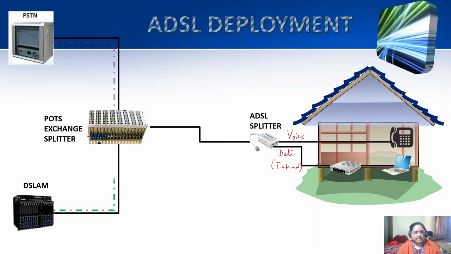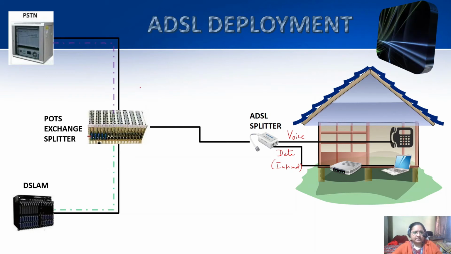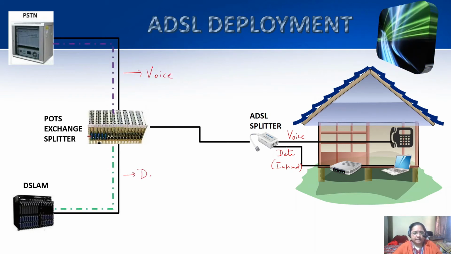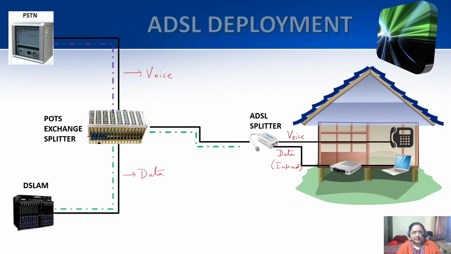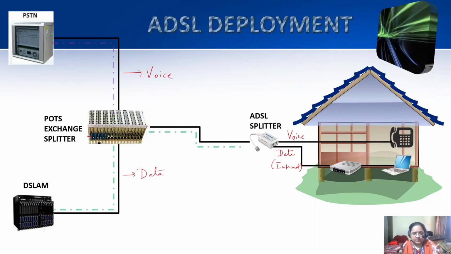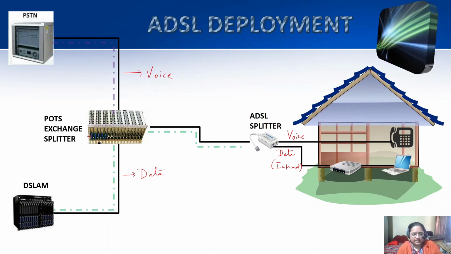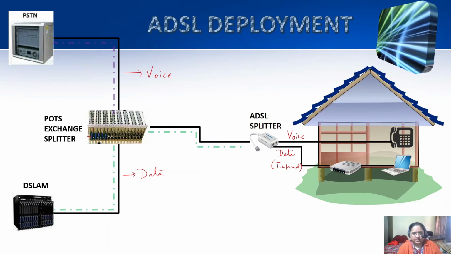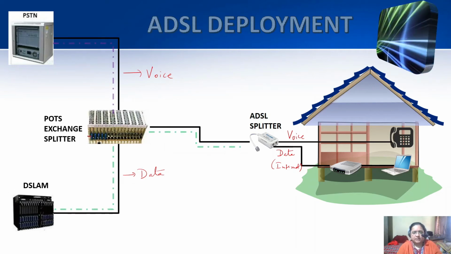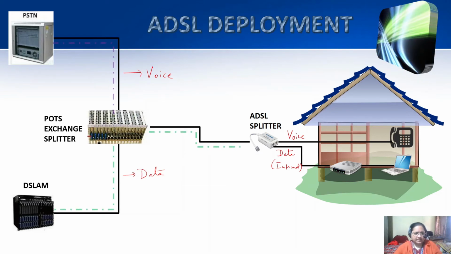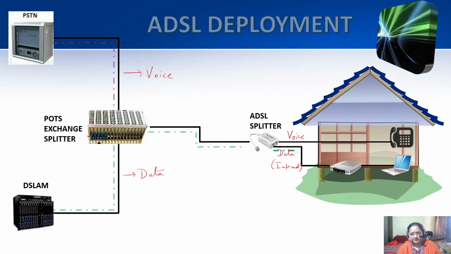So these are the voice signals and these are the data signals. These signals are voice and these refer to the internet, that is data, and for the incoming signals, they are merged together into one single signal which goes into the ADSL splitter. I have used green color to specify that this is the channel which is enough for carrying voice plus data. And then this comes to our house.